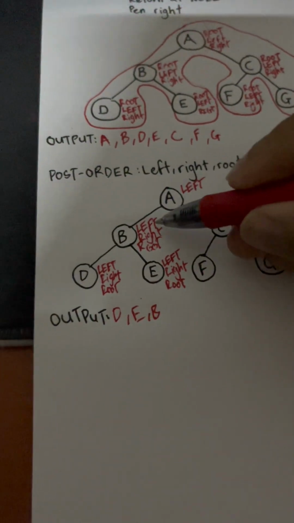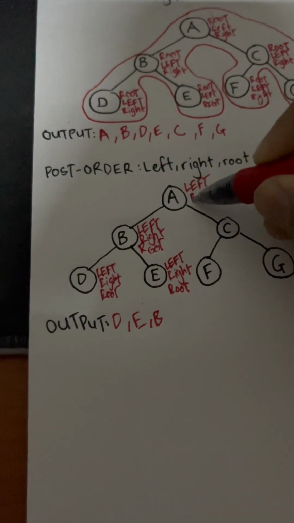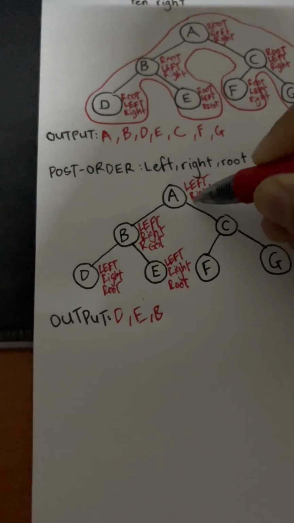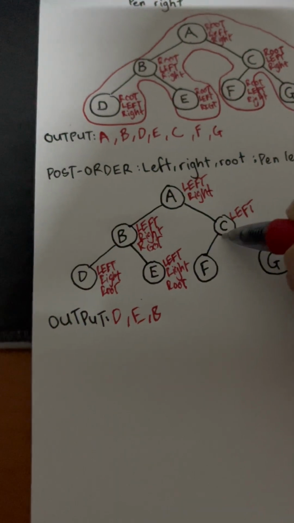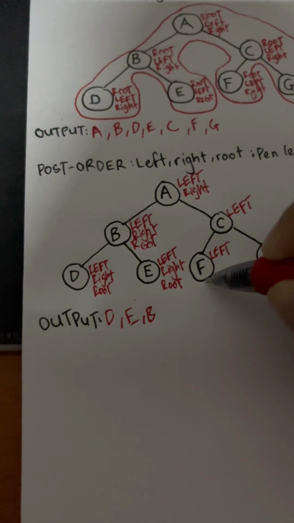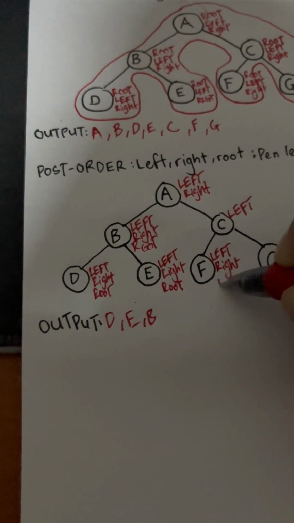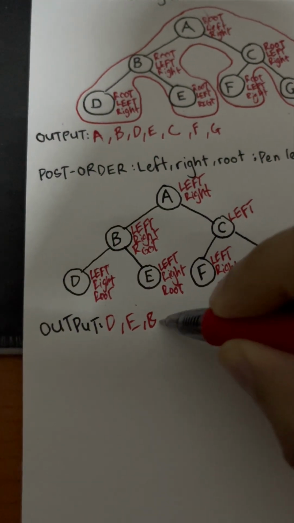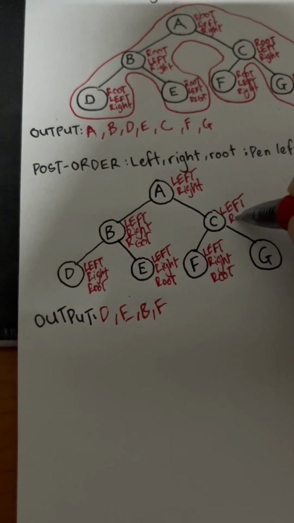Then everything is done here, left, right, root, then return, left, right. Okay, go right, left. Okay, go left, left. We can't go left, so return right. We can't go right, so return root, F. Then everything is done here, return right,